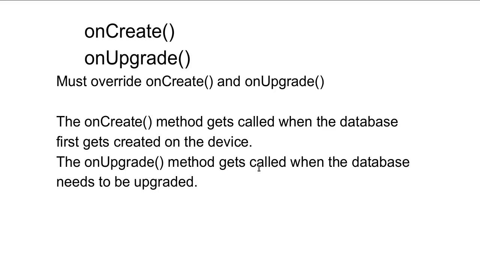So we could have version 1, version 2, version 3 for the database. In version 1 we have only one table, in version 2 maybe we have more than one table, or maybe we have changed some columns, or added or deleted some columns. For that purpose we have to use the onUpgrade method, but only for the creation purpose we use the onCreate method. So we create the tables inside the onCreate method, and we update the table inside the onUpgrade method.